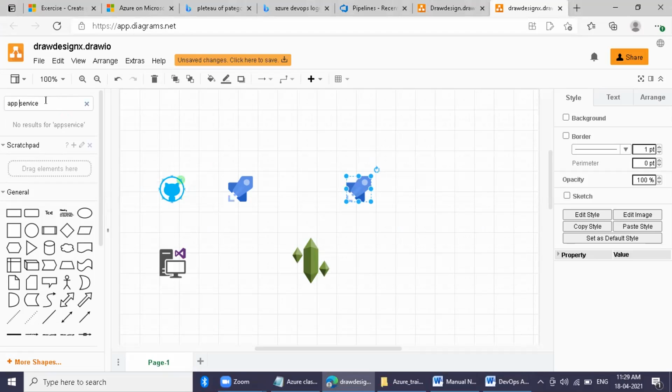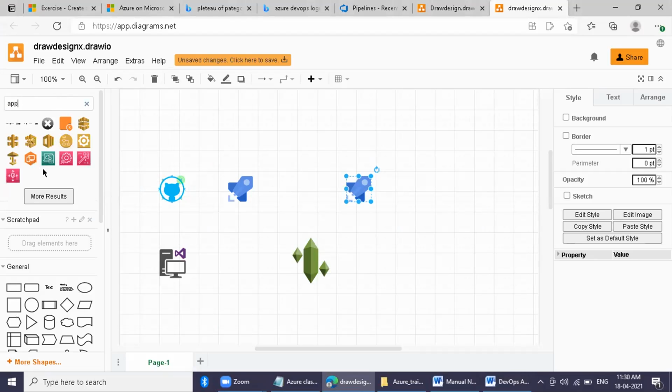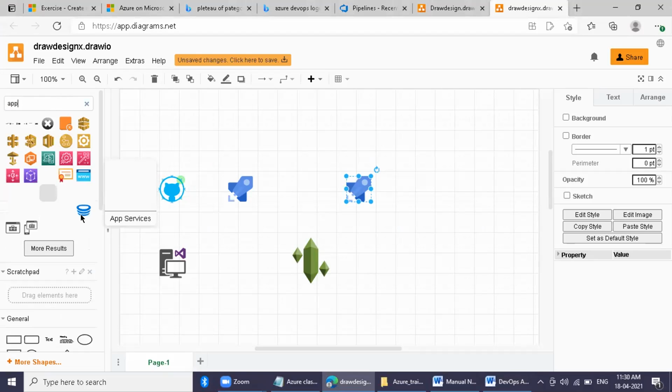Only type app. Say more results here. Very good. Yeah, very good.